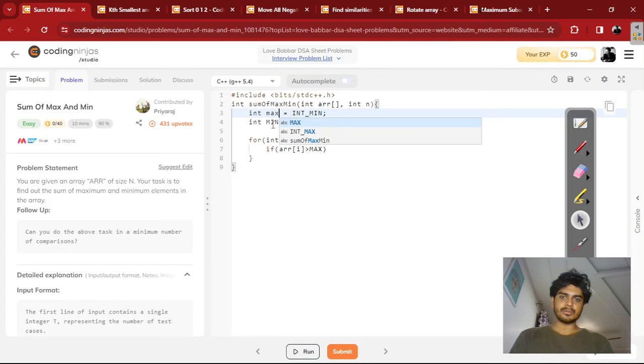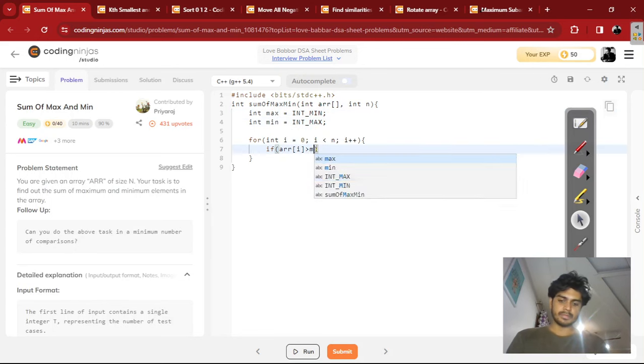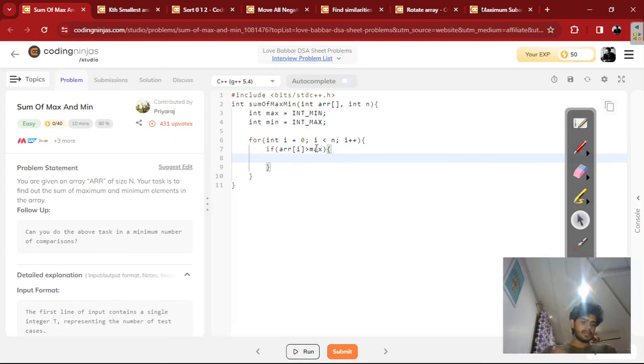Let me make this small because it is very daunting for me. So okay, then this will be max. If that's the case, what we are doing, we are updating max. So we are updating max, then max is equal to array[i]. Okay, so same we will do for min, but for min we will check whether the element i is less